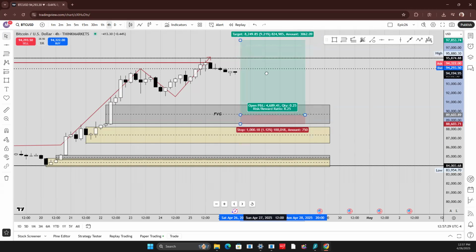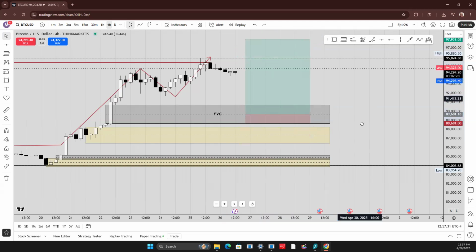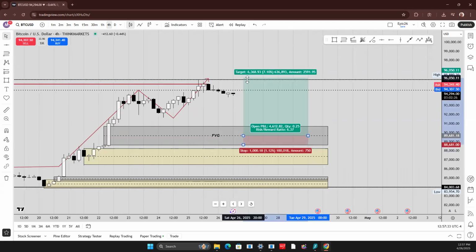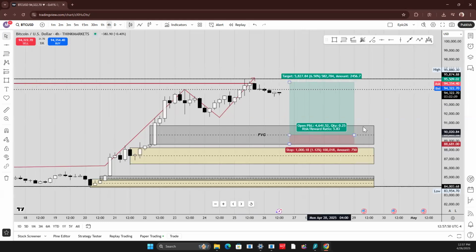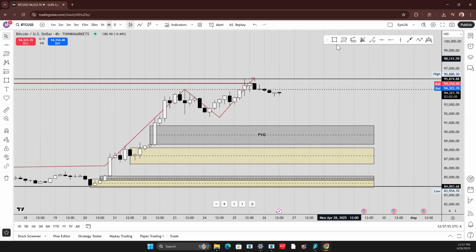Or the market would come here, and this would be about a 1 to 6.5.83 right here. Okay, now those are your ratios. All right, but there is a tool that you can use called the Fibonacci retracement tool,